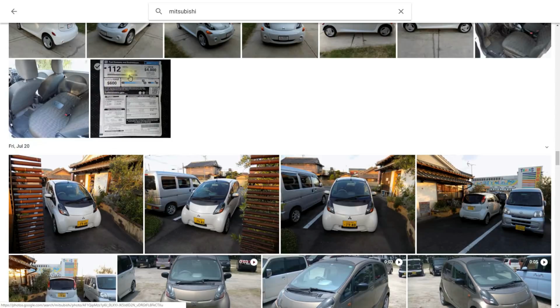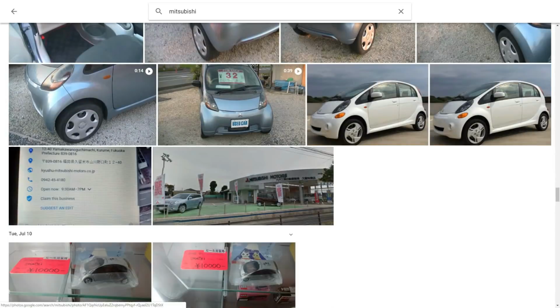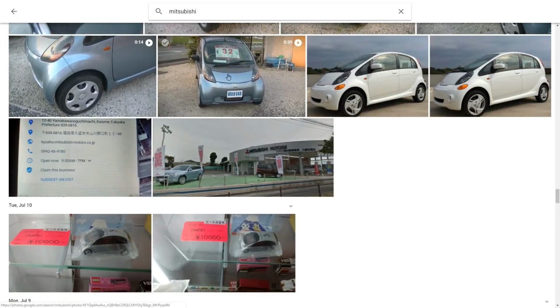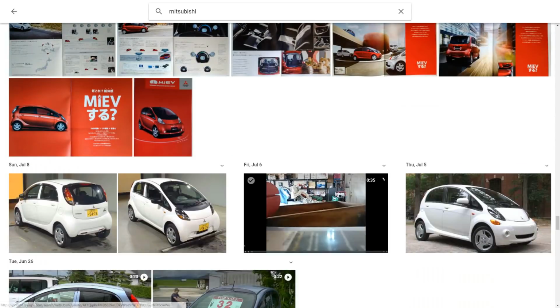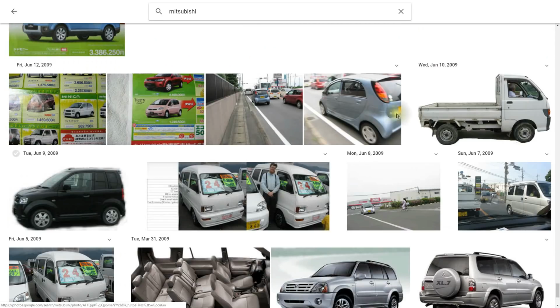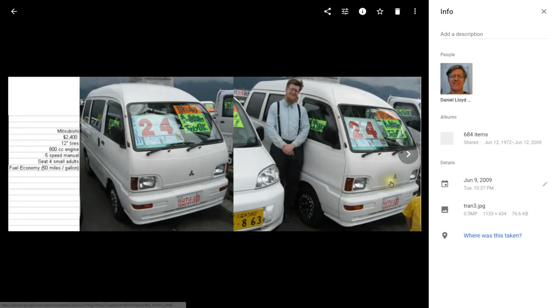Even if the word Mitsubishi is on a document, it'll bring it up. It'll even bring up videos, as you see here, and even recognize the inside of a Mitsubishi i-MiEV. I think that is just amazing that I can always find a Mitsubishi no matter where I look.